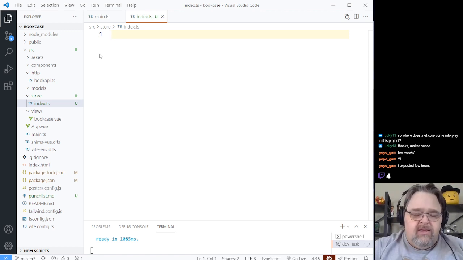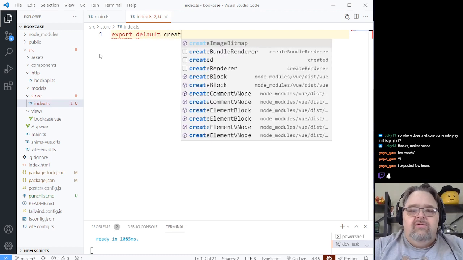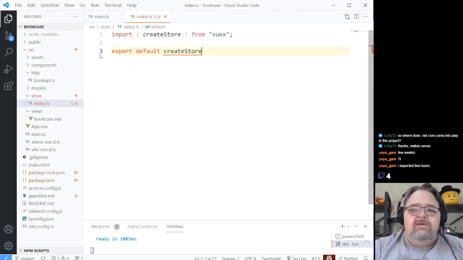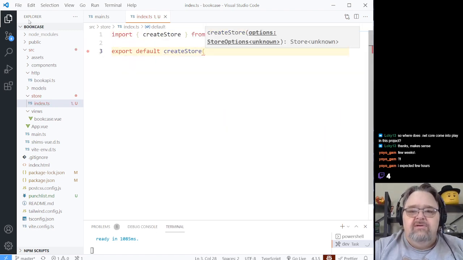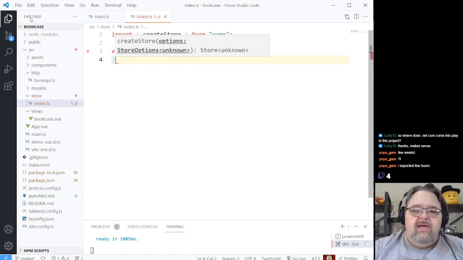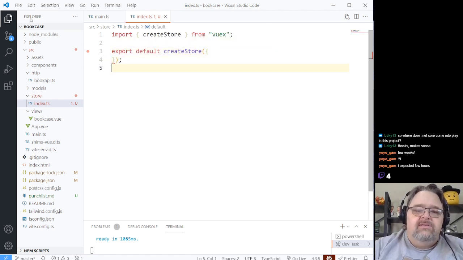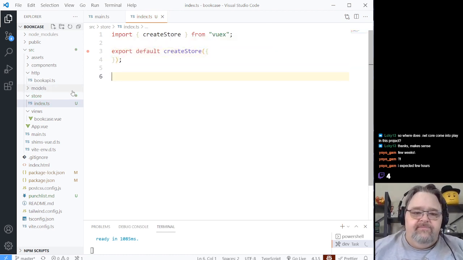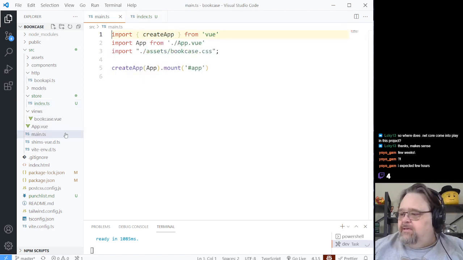And here, let's go ahead and export default createStore, which you'll see it's going to go ahead and get from Vuex for us. And then here we'll have an object syntax. And in our main.ts,